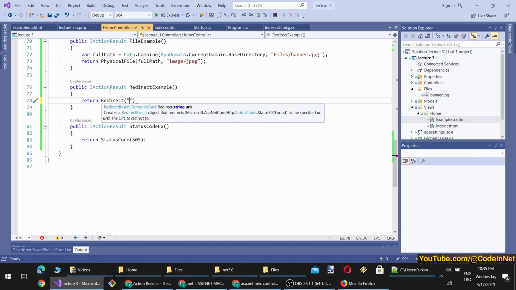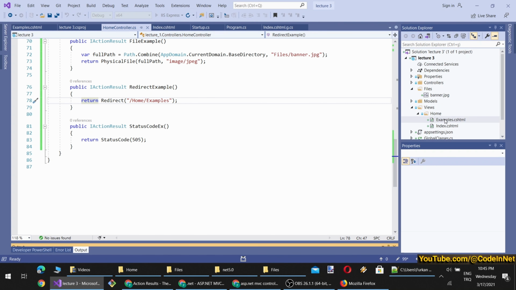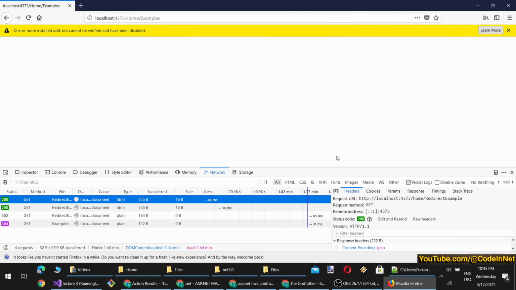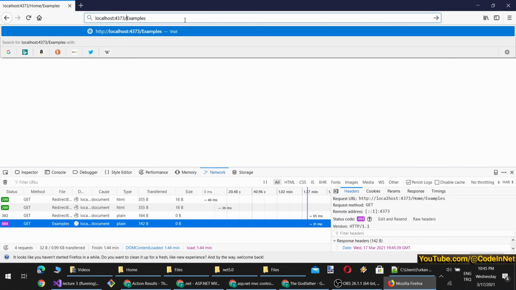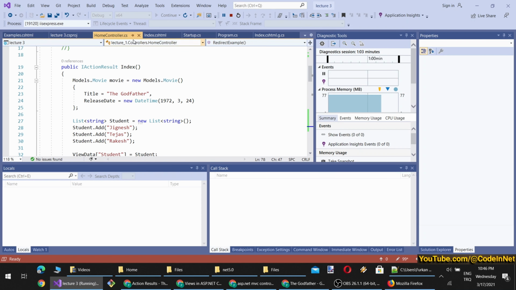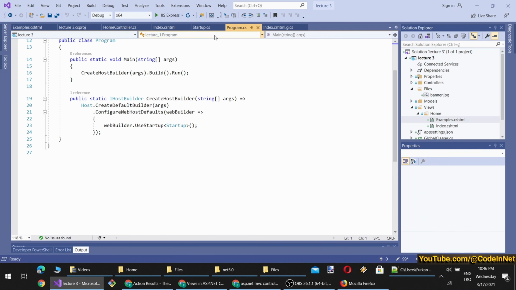I think I will return view. So example. So this is under home. Therefore, home examples. And here I will just make it the root URL. Now it should work. You see, because the examples is under home and it is under views, therefore it should be automatically handled, I believe. I refresh. Okay, so home examples is incorrect. Why? Try like this. Also incorrect. View home example. So by default it is displaying the view of index. However, examples is not displayed.